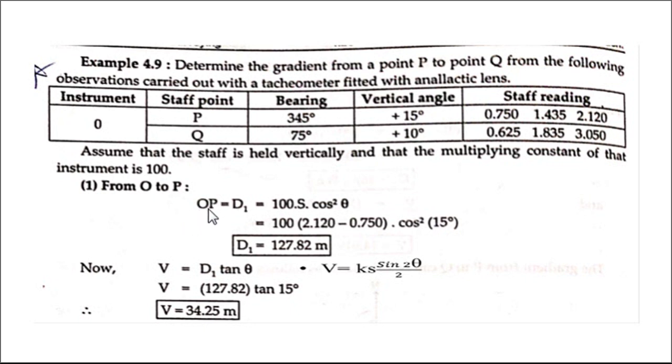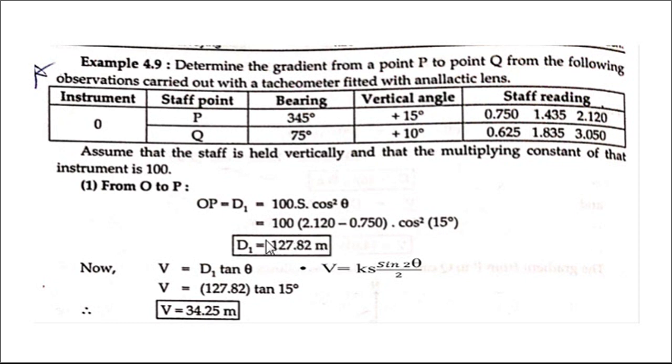So OP distance D1 is equal to multiplying constant 100, so 100 into stop intercept into cos square of the theta given 15 degree. So 100 into stop intercept is coming subtraction of these two into cos square of 15 degree. So distance D1 between O and P is